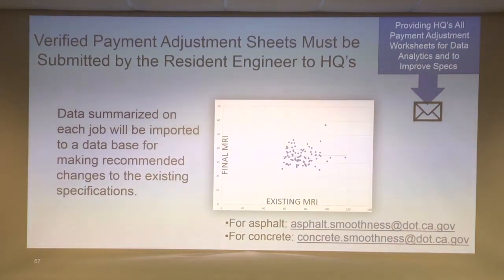So this project right here, if it was on an incentive/disincentive project, they would have earned the incentive on every fixed increment. I can look at a project that was right next to that, where it was the same structural section, different contractor. Existing MRIs were the same, and they paved 110s, 120s. So contractors, would they pay attention? They'll obviously do better paving.